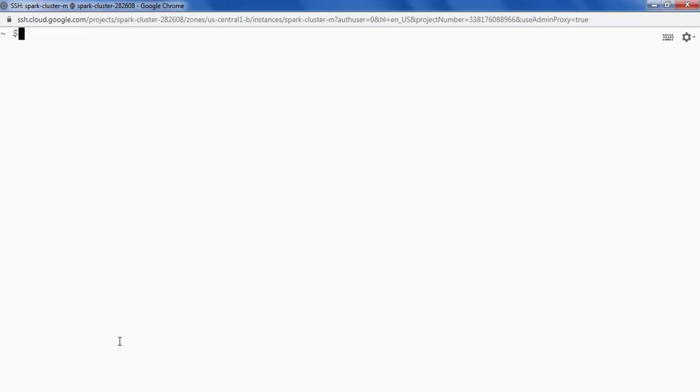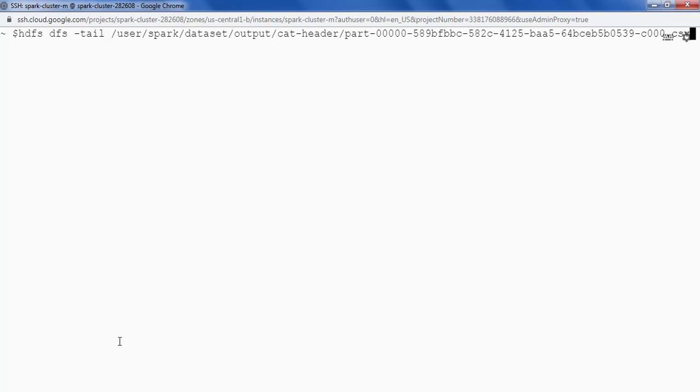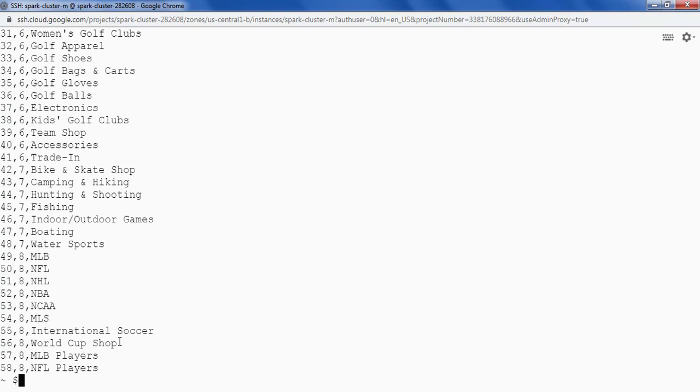How can we see the content? hdfs dfs -tail, providing the complete path of the CSV file, we should be able to see the data itself. So this is the data that we have in the CSV file. So we have successfully saved a CSV file using Spark SQL.